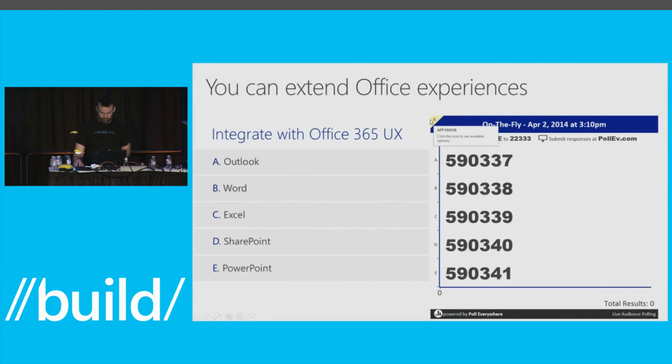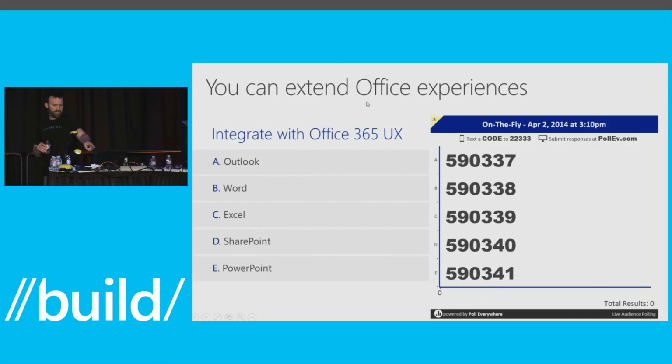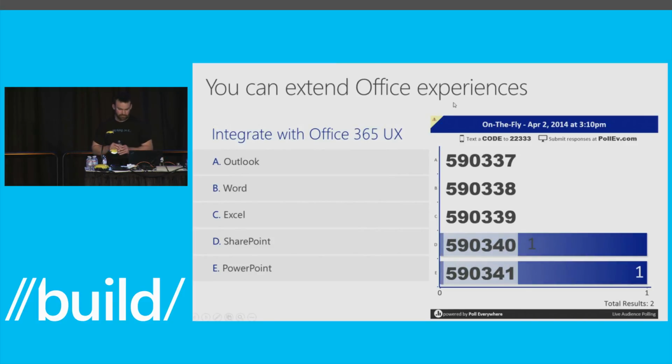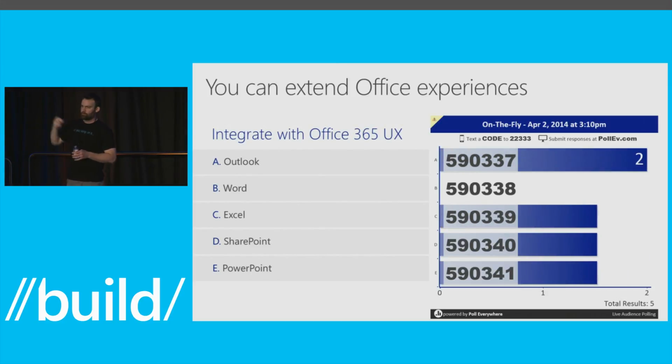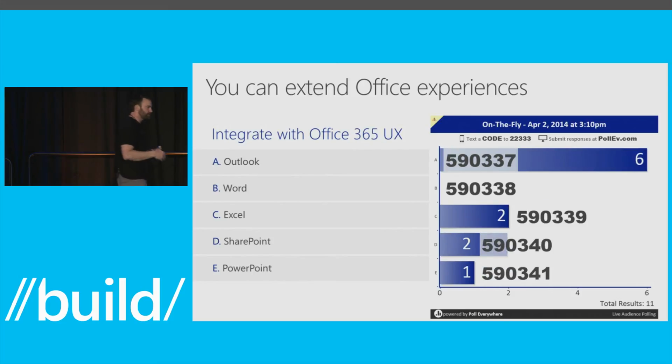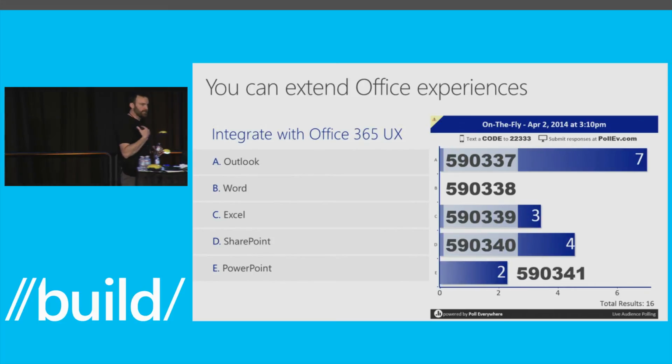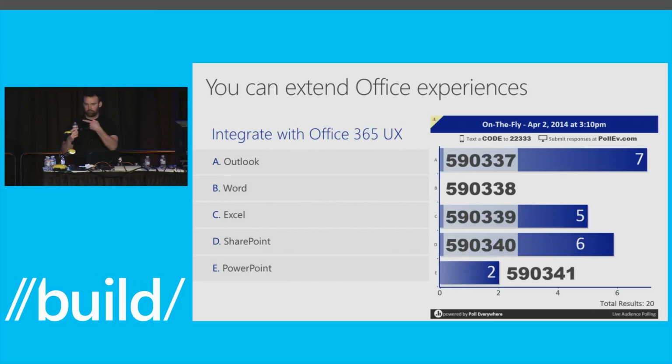Just go and text. So if you text to this number 22333, and if you put in the value that you find most interesting, so if you like Outlook, just text 590-337-222-333. Oh, there we go, there's one. So you can see there, the Poll Everywhere guys embedded their website essentially as an app. It's running right there inside the PowerPoint rich client. And like I said, just in a few weeks, they were able to take that and put it up into the store. It's really kind of cool.